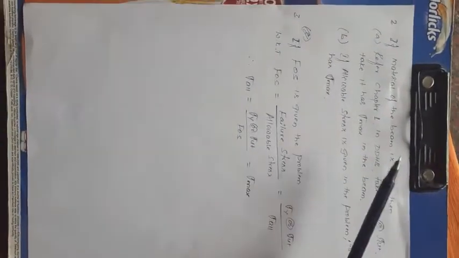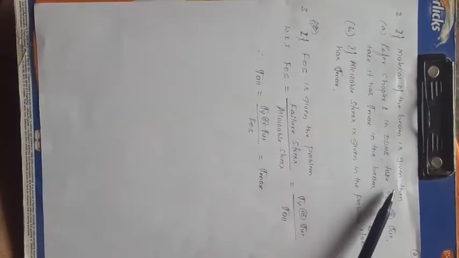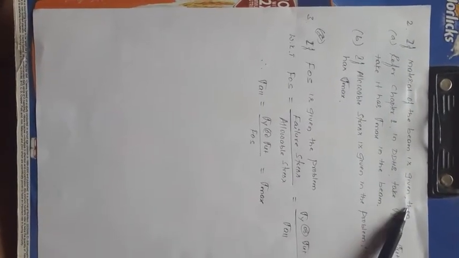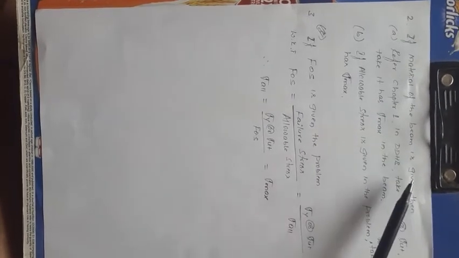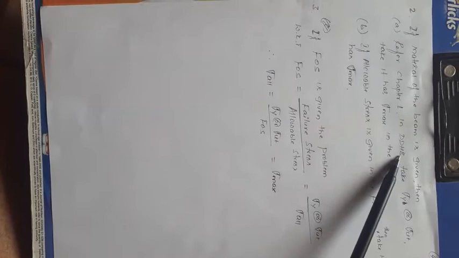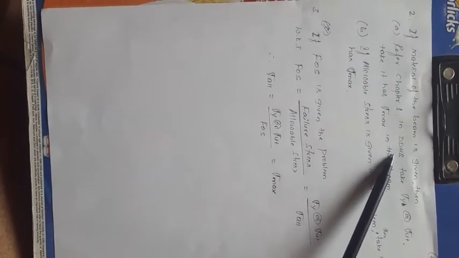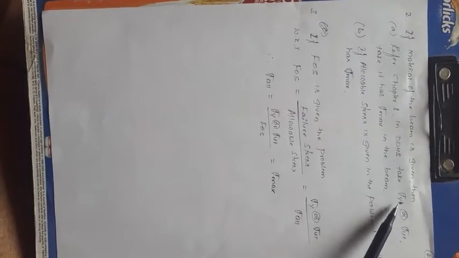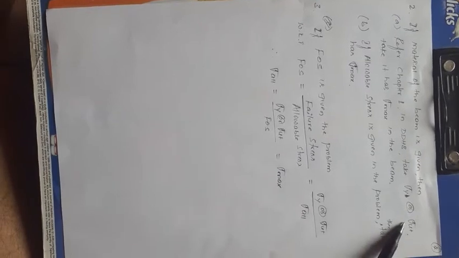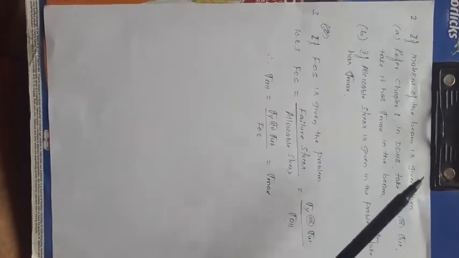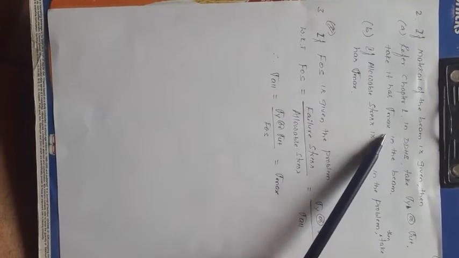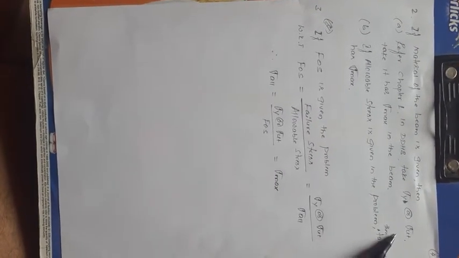Now the next statement in the problem is if the material of the beam is given directly, the material name such as mild steel, cast iron, etc. If the metal of the curved beam is given directly, then refer to chapter number 1 in the design data handbook for the corresponding material in the table, and take the yield strength and ultimate strength of the material. If it is a ductile material, take the yield strength. If it is a brittle material, take the ultimate strength. Then take it as the maximum stress in the beam, that is the maximum stress occurring at inner fiber. Sigma ri is equal to sigma maximum, that is equal to either sigma y or sigma yt.